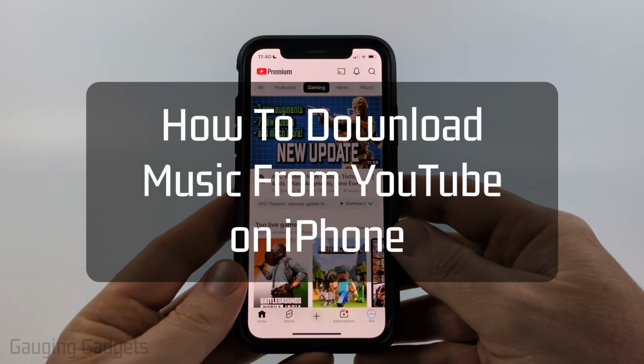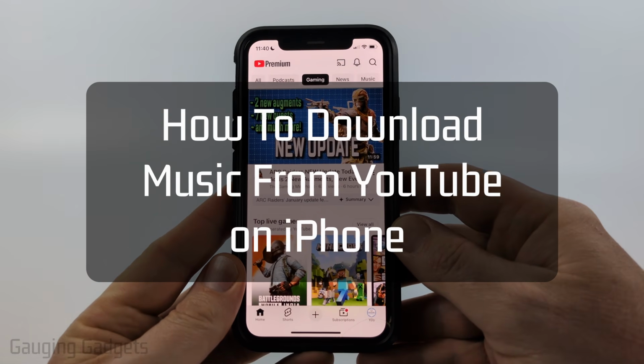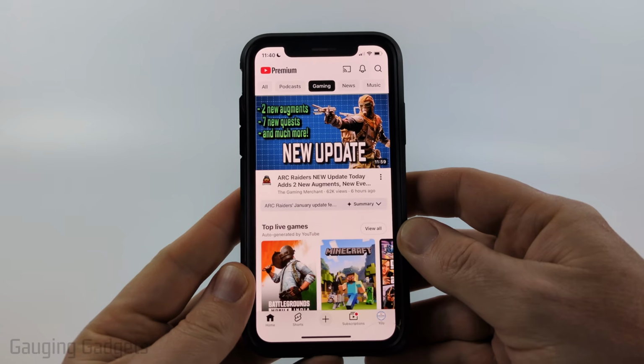How to download music from YouTube on an iPhone. In this video, I'm going to show you how to download music as an MP3 file from YouTube on your